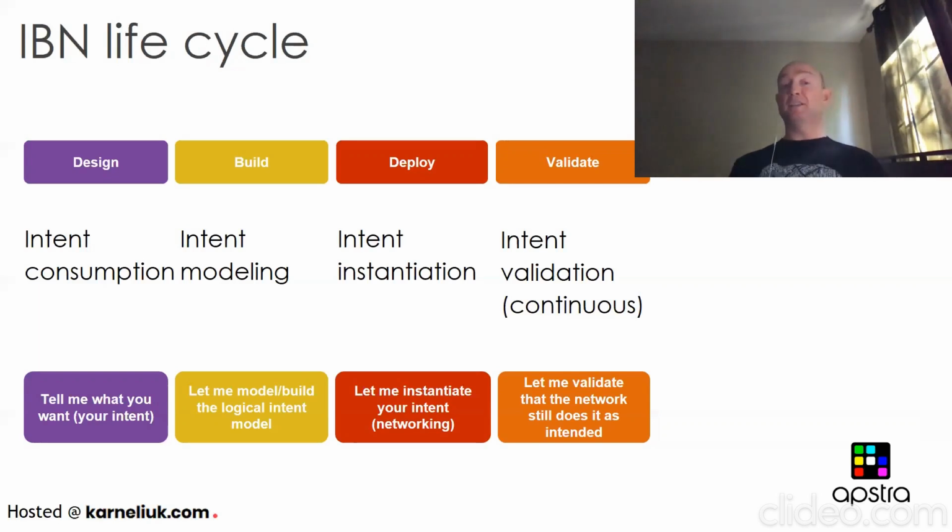So the next step is intent instantiation. In this step, we really instantiate what your network is going to be. So now you can tell me, my leaves are going to be Arista, my spines are going to be Cisco, and those are the models I've got. And by the way, these models have particular semantics. For example, my flooding domain could be of this size. The number of VTEPs on the switch could be this number. All of this should be taken into consideration when modeling, because what you're modeling now is really a logical network that is going to be instantiated in physical devices.